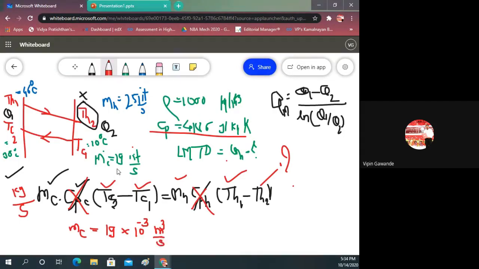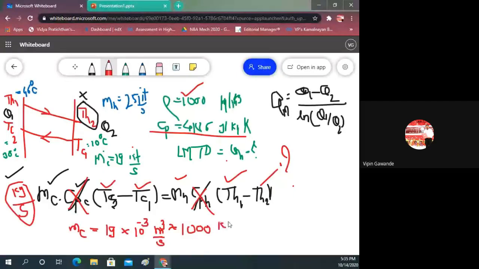Okay, if you multiply this by liter, 1 liter is equal to 10 raised to power minus 3 meter cube. So this gets converted into 19 into 10 raised to power minus 3 meter cube per second. But we want kg per second. So to get kg per second, you have to multiply this by what? The density. That is given in the problem. So you multiply this by 1000